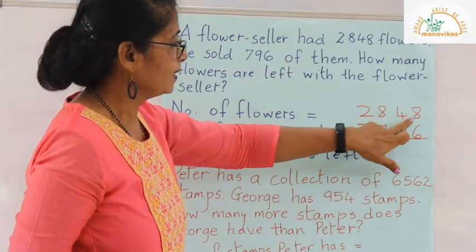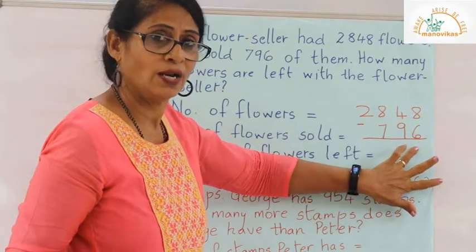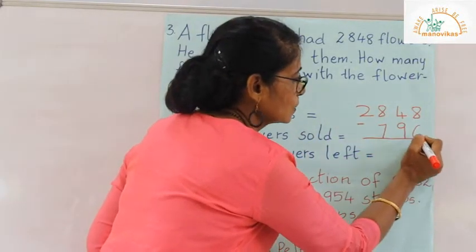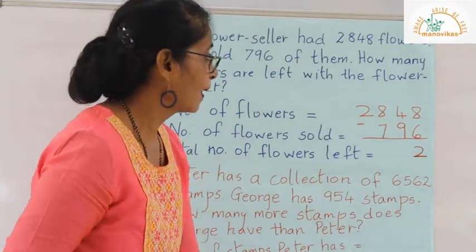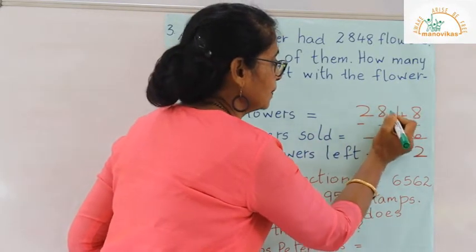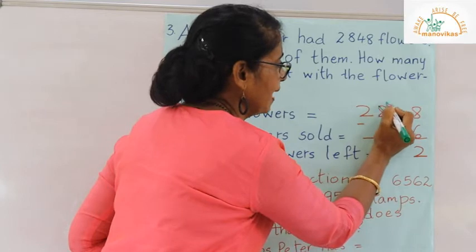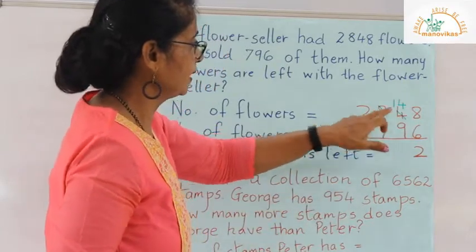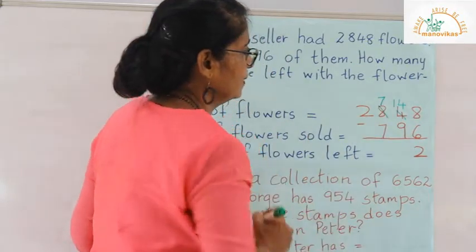Here, we don't have to borrow from the tens place, because the number below is 6, which is a smaller digit than 8 in the ones place. So when we take 6 from 8, we get 2. But here in the tens place, the number 9 is a bigger number, and so we shall take from the hundreds place. So when we take from here, this number of ours becomes 14. We have taken 100, that is equal to 10 tens, and here the number is 7.